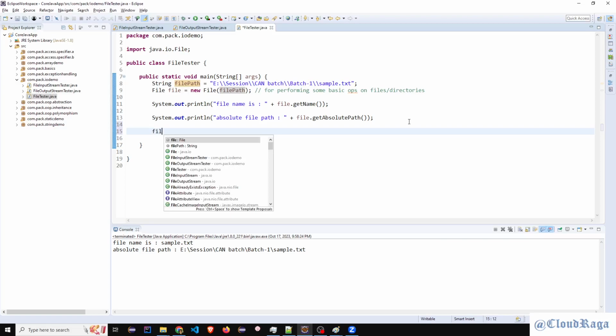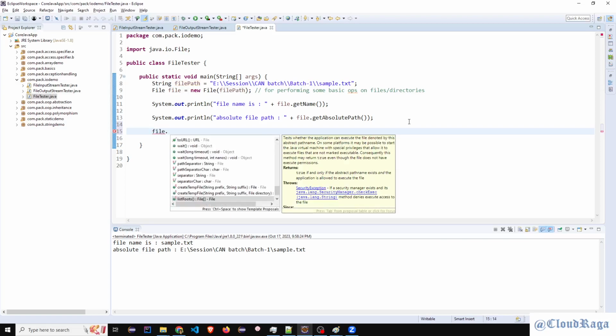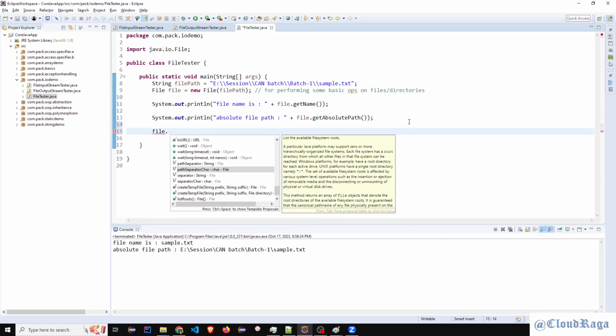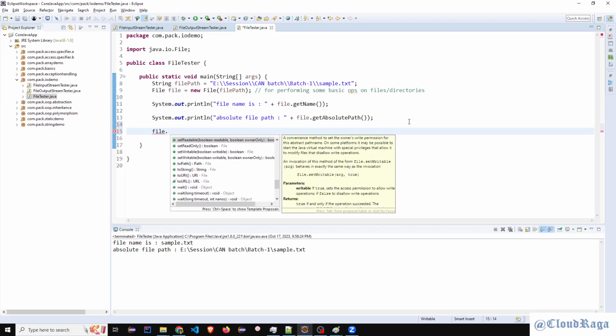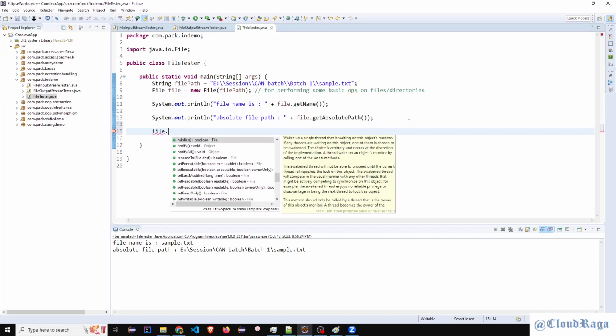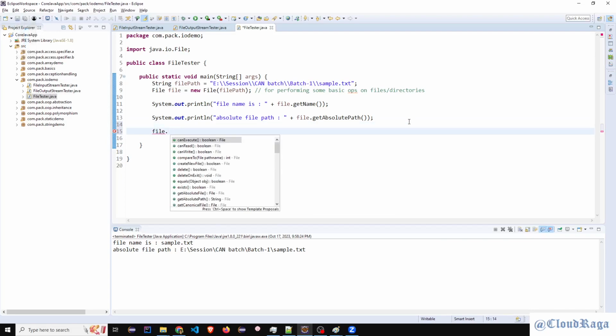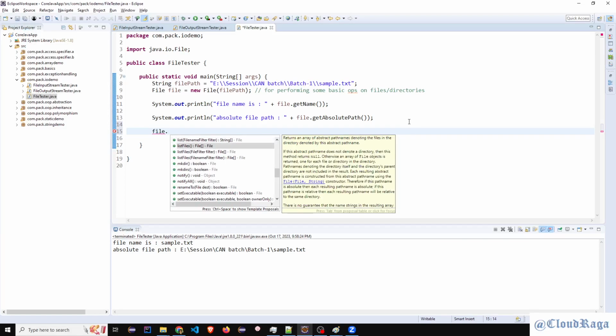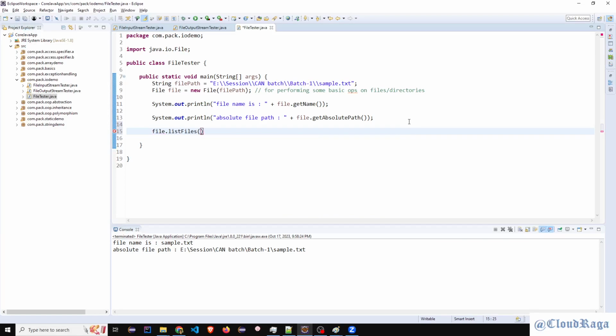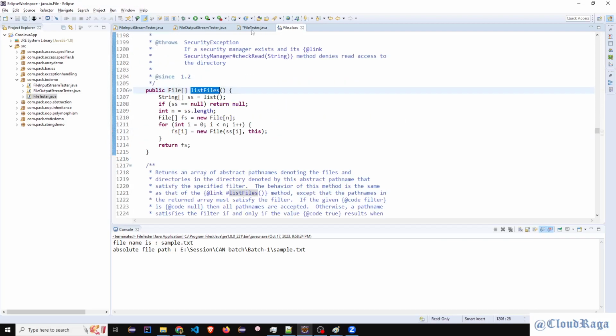Let me find one more. File dot method, toPath, toString, rename. Notify, listFiles. Yes, this is important. Let's see listFiles here.